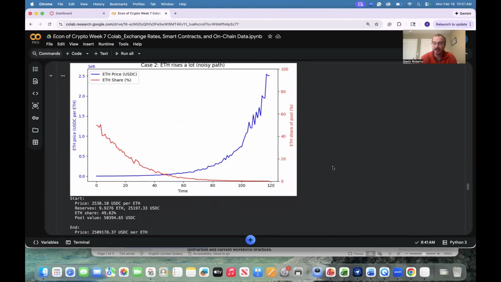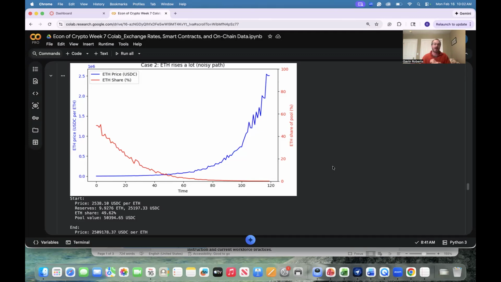Now, Gresham's law, bad money drives out good money. That's kind of an interesting case to think about for the pool. In this case, people want Ethereum. What ends up in the pool is the US dollar coin. So, relatively speaking, not what Gresham was talking about in his law, but relatively speaking, the bad money drove the good money out of the pool.